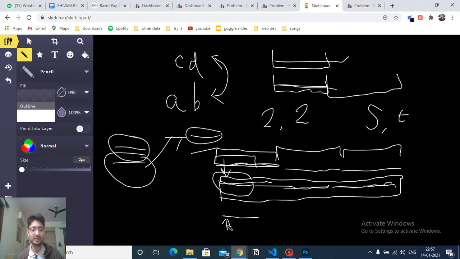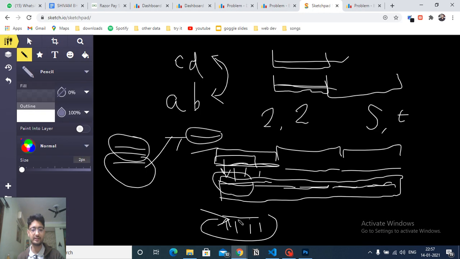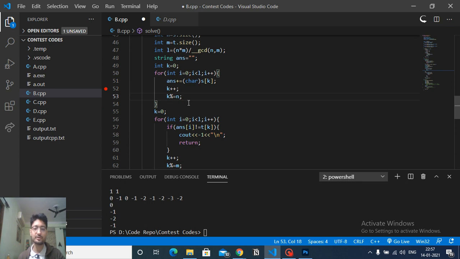We first store the 0th index for the first part, the second index for the second part, the third index for the third part, and so on. Now if we go out of bound, we go back to the starting point, because as you can see, it repeats itself in a cyclic manner. So we are printing the kth index item and incrementing it, and if it goes out of bound, we cycle around to the start. To cycle around, we have to know the length of the smaller string. The length of the smaller string is n, so we take the mod.